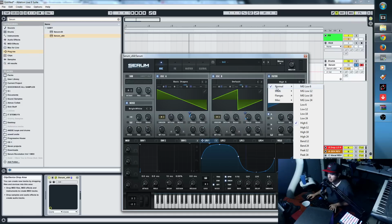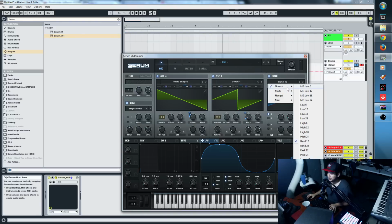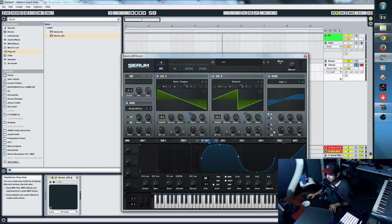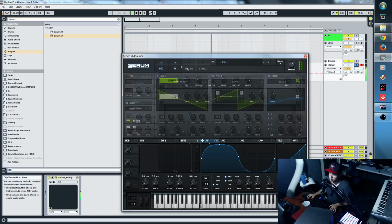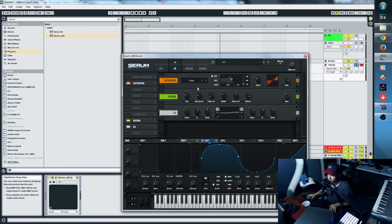We can also grab a bandpass 12 and just have that be there. Increase the drive a bit. As you guys can see, we can do it many different ways, and you guys can mess around with them. But the way we had it was with the high pass 6, with both of the sounds being filtered through it, and yeah. Fairly simple stuff, and then we can add distortion as well to kind of get that more greedy, more fierce,